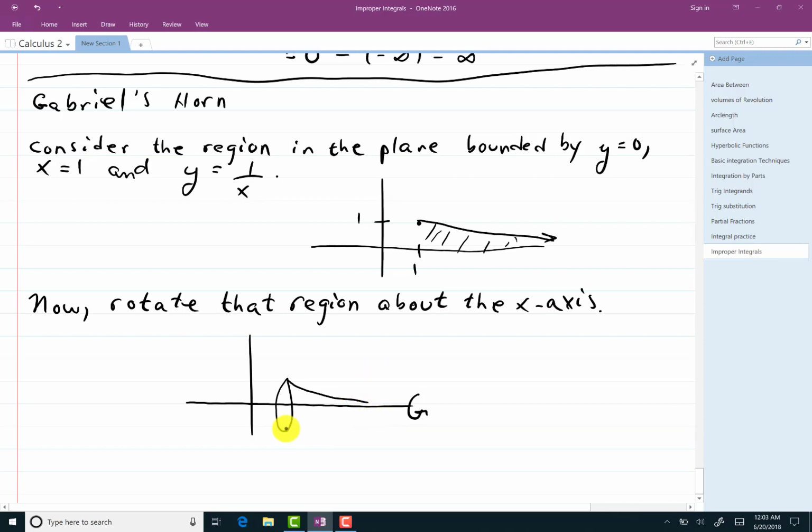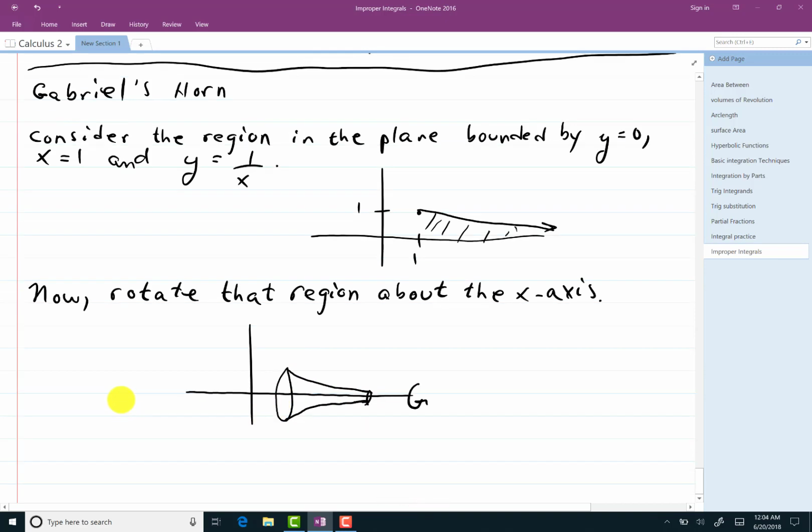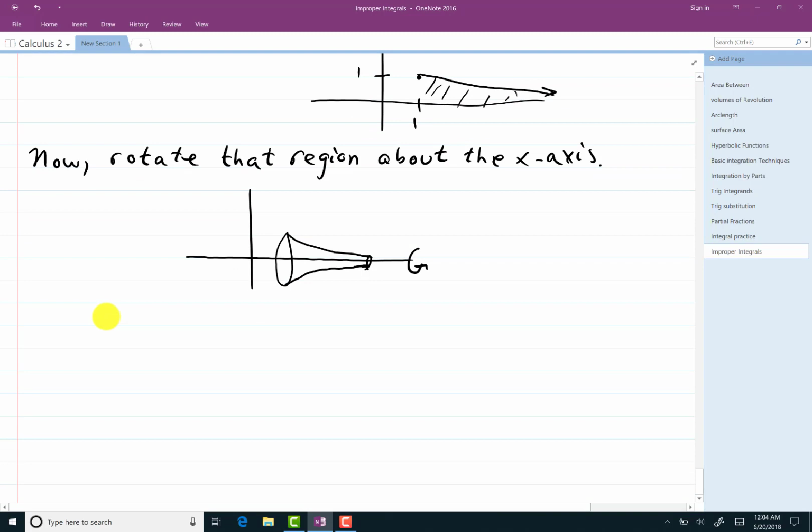You can see that if this is small enough, this could be considered something of a horn, couldn't it? So, a very long one since it goes off to infinity, but this is called Gabriel's horn. And the volume of that region, if I try to figure out its volume,